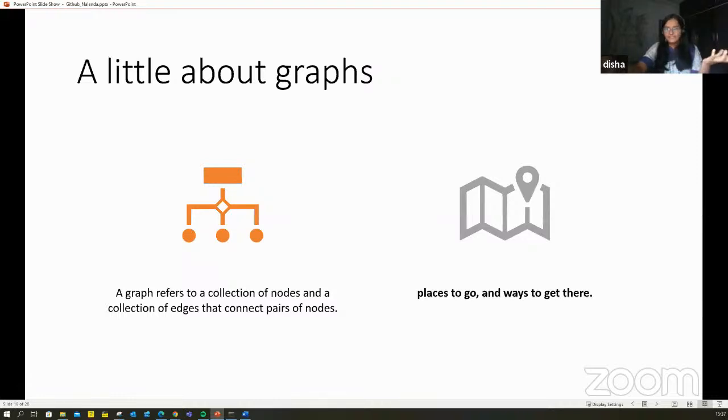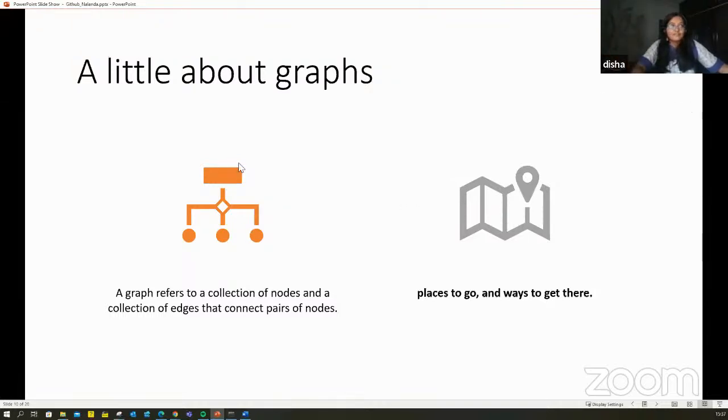So what are graphs? Very easy to define: a collection of nodes and edges between the nodes. Suppose I have 1, 2, 3, 4 nodes. How are they connected to each other? This looks like a family tree kind of graph, or a flow chart. You might have drawn a flow chart, something like that. An easier way to understand a graph, as an analogy, is that it is made of places that you want to go to, and how to go to those places.